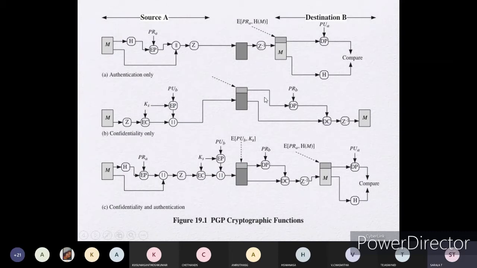then while doing the decryption, what we are going to do, you have to take the keys, private key or public key, whatever the key we are using at the transmission or source end, that will be taken and used. See, the message has to be decrypted, that is, decryption has to be done.